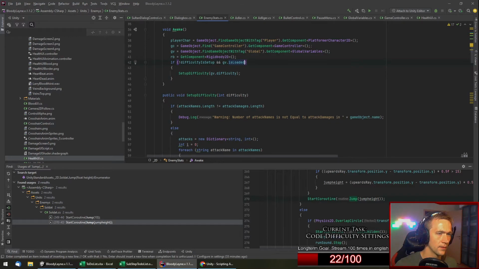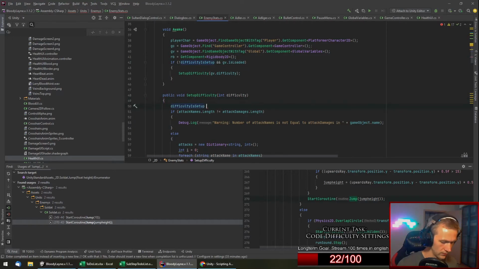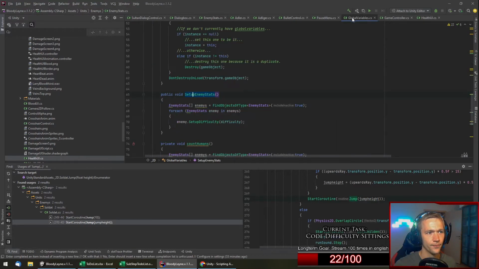So if the GV is loaded, it will already have set this to true. If it is not loaded, we also have to